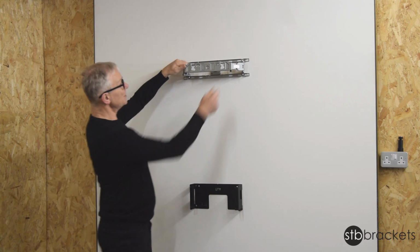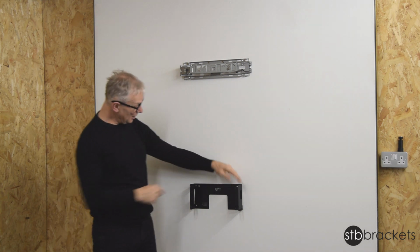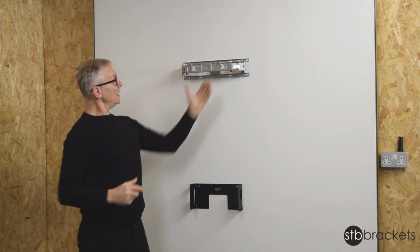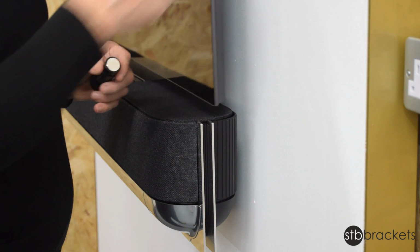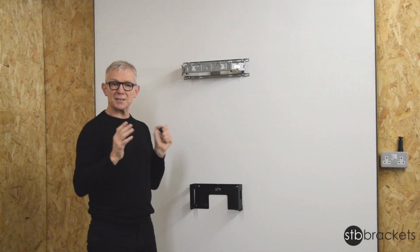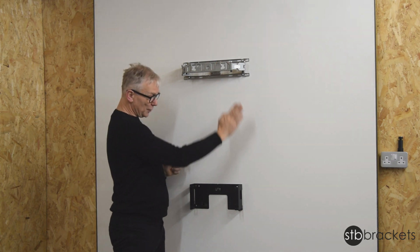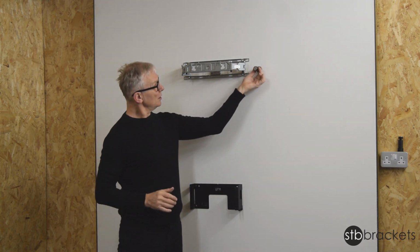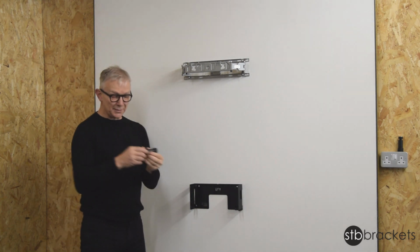So I've mounted the G bracket, which comes in the box, and also the Theatre bracket, but when the G panel is mounted, which is quite a high mounting, it falls back against the wall, and that's why it's impossible to get a good presentation of the screen where the panel sits over the correct position on Theatre. And that's why we use 4 of our spacers, and these can be adjusted